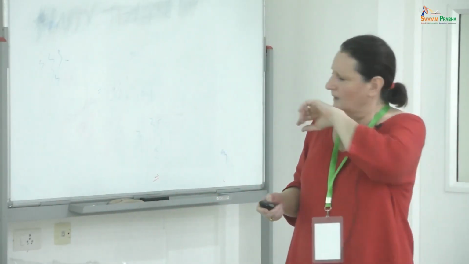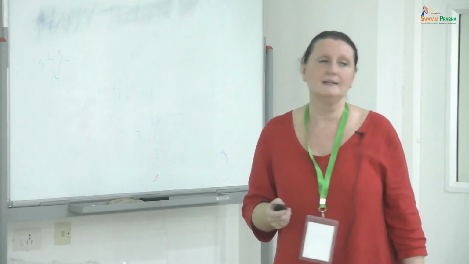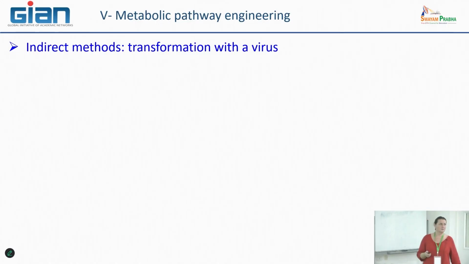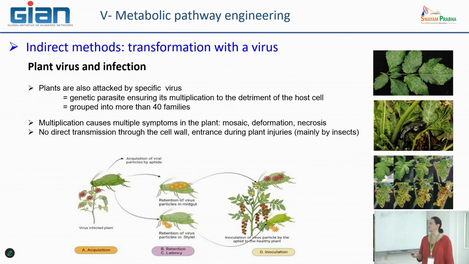to use the natural metabolism of the cell to produce and reproduce several other particles of a virus. So it is also an interesting vector that can be used to modify the genome of our cells, plant cells, mainly in a transient strategy. So a few words on what the well-known plant viruses are.